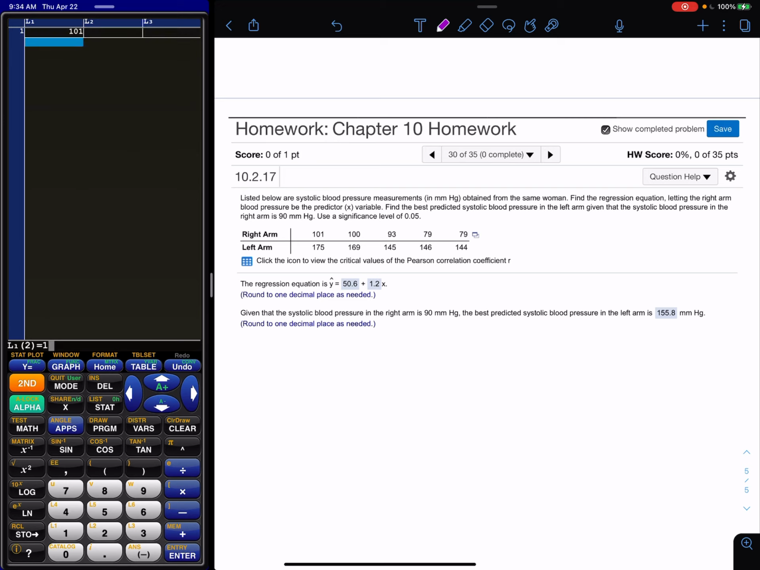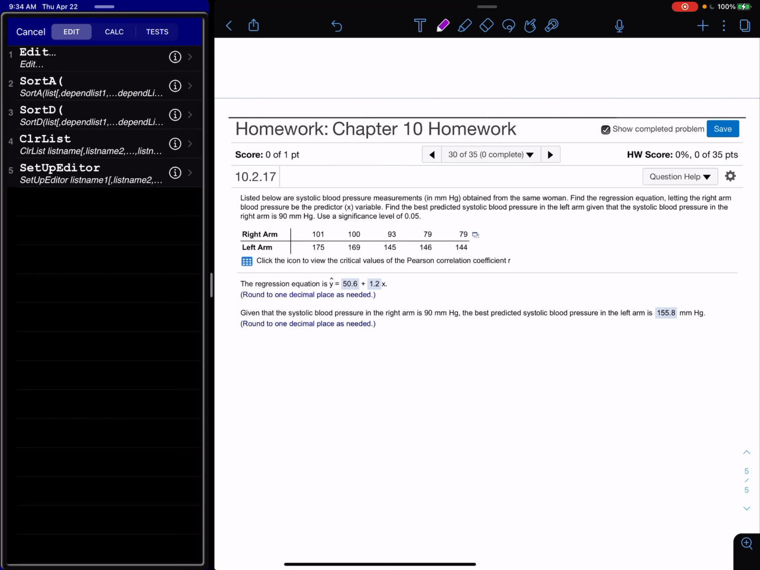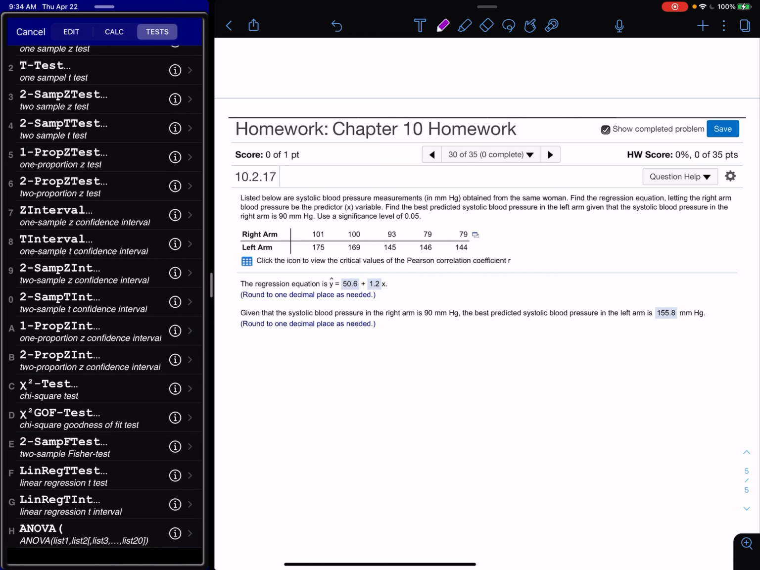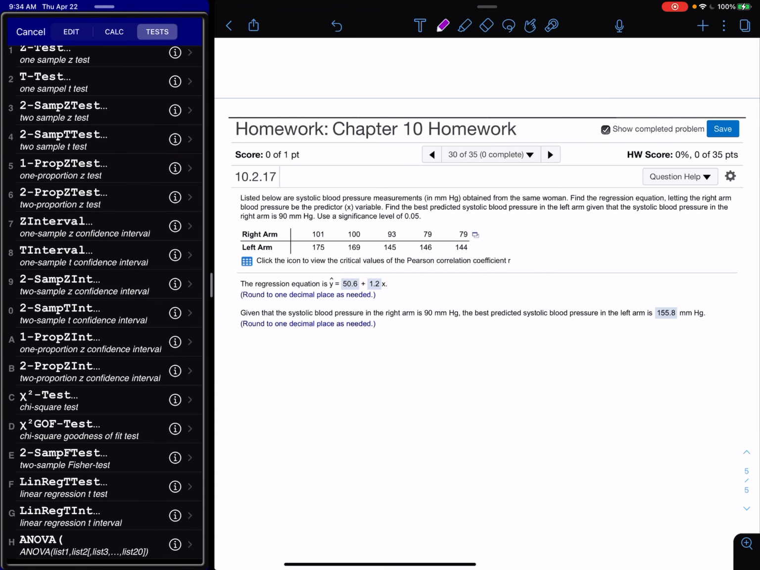So I have 101, 100, 93, 79, and 79. In L2, I'll put the Y values, so that would be the left arm values: 175, 169, 145, 146, and 144. Now what I'm going to do is hit Stat, Tests, and I am going to do this option F, the